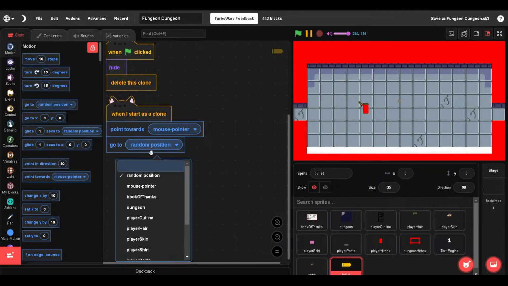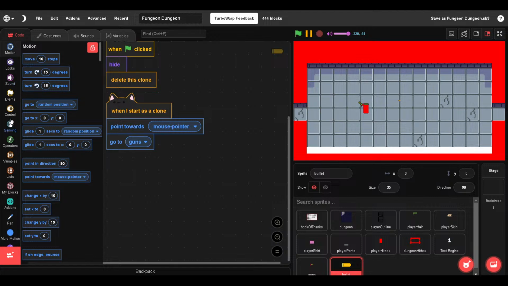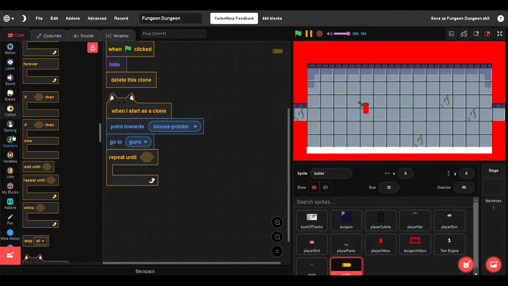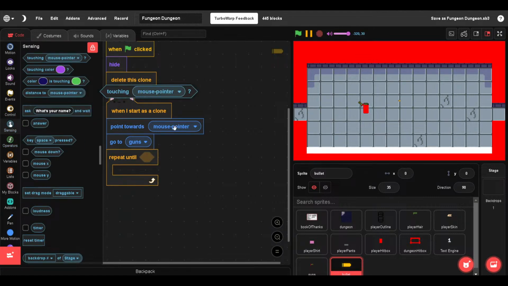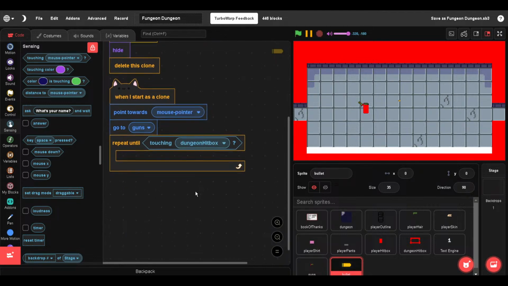He will go to guns. And then he will just repeat until, for now, touching, just for now since there's nothing really else to touch, dodge and hitbox,